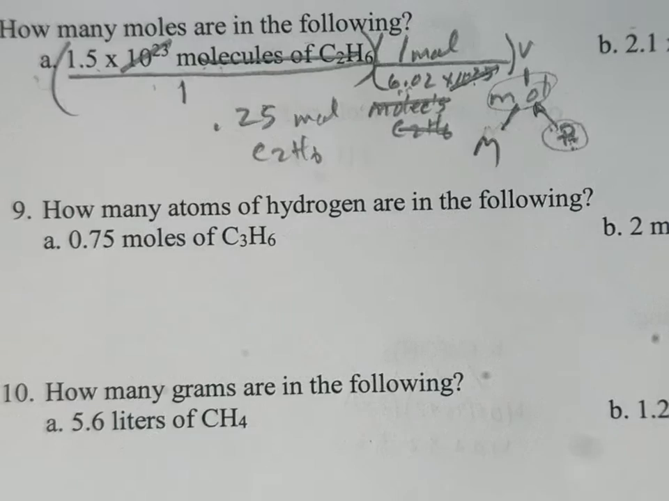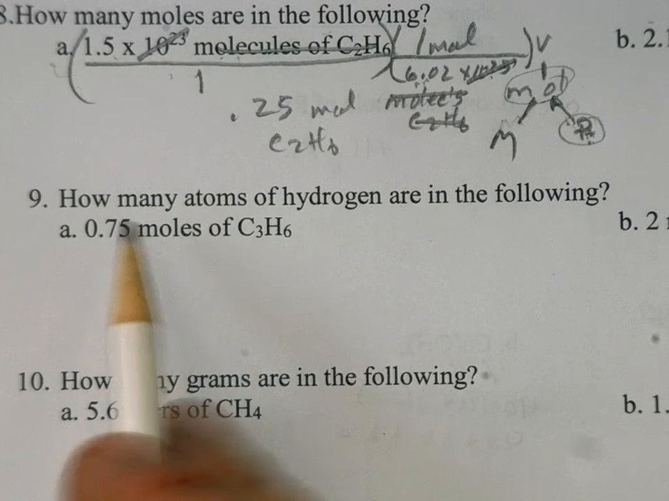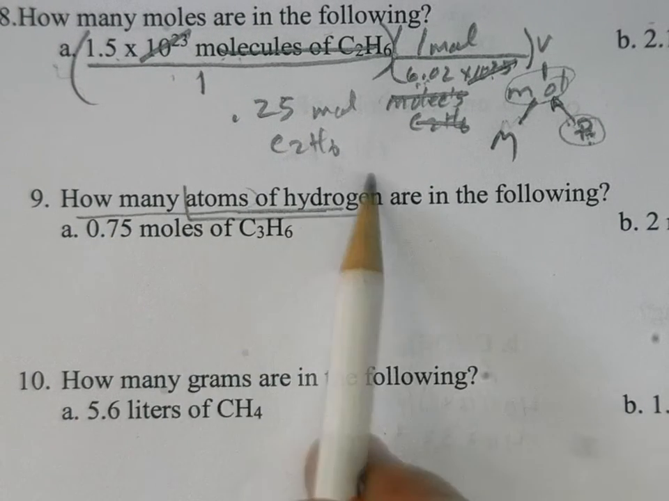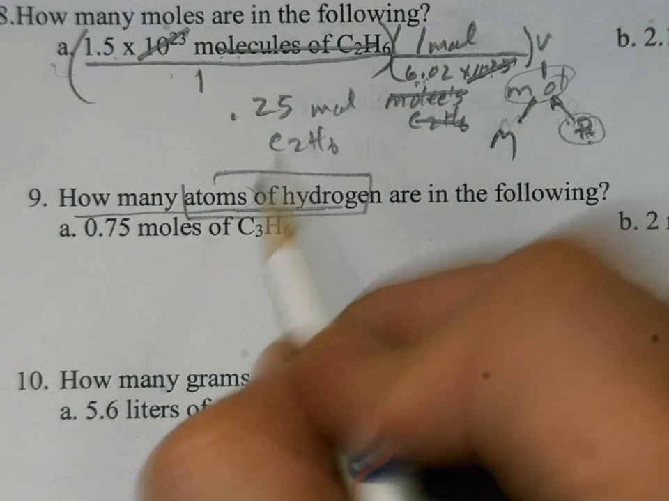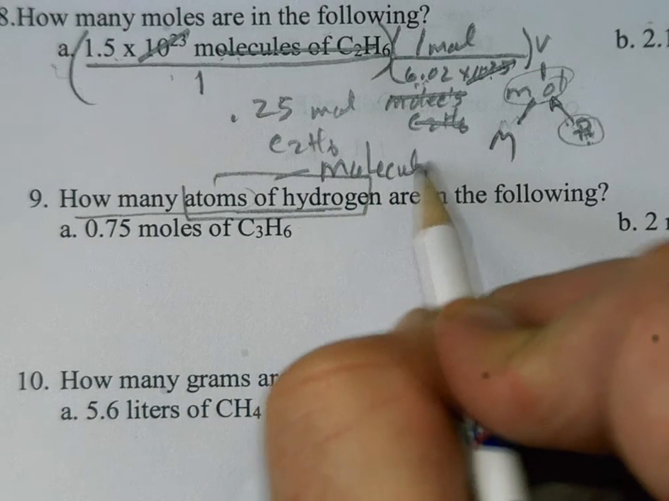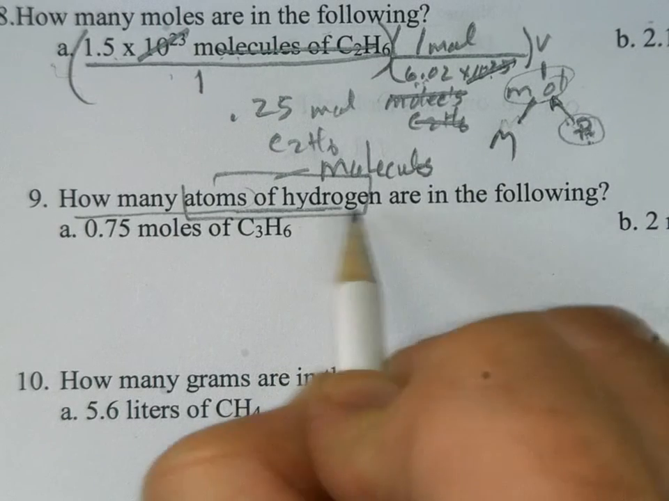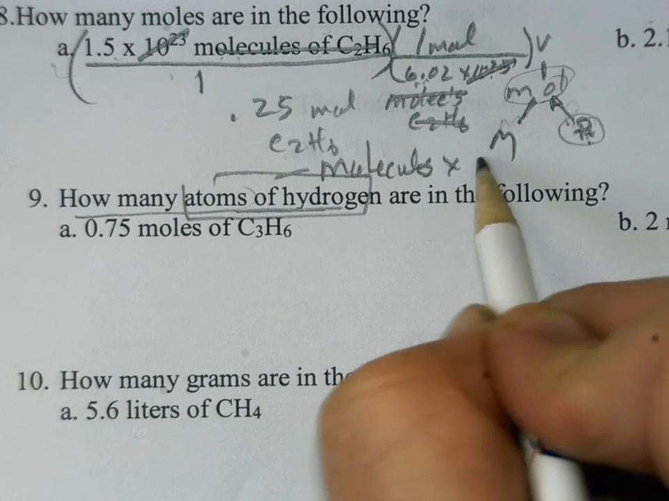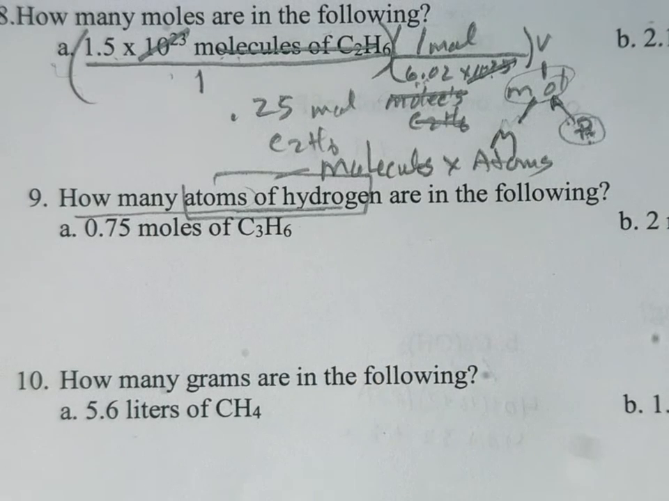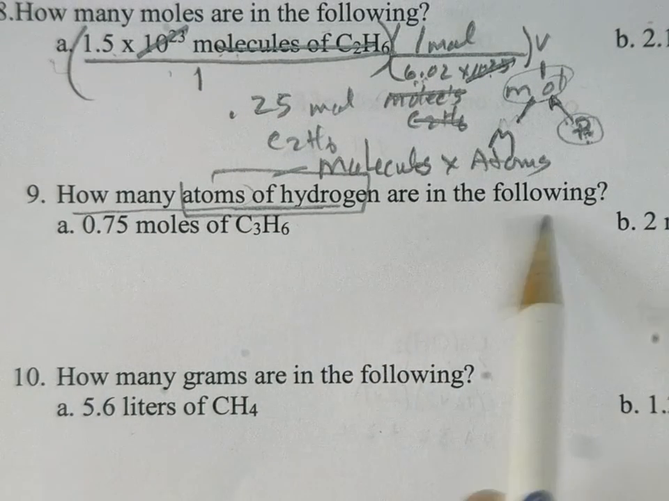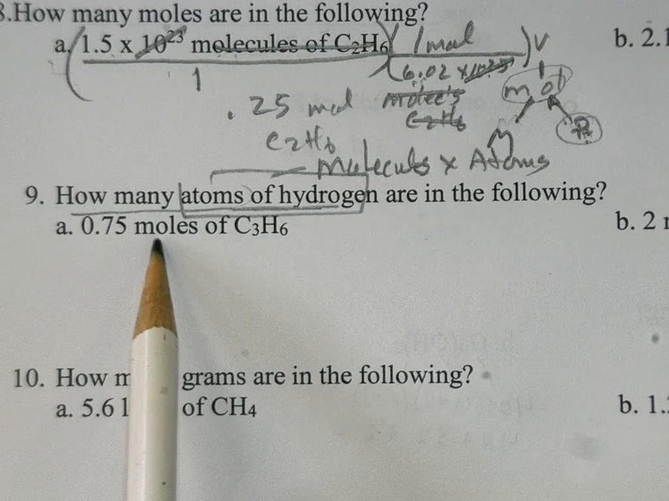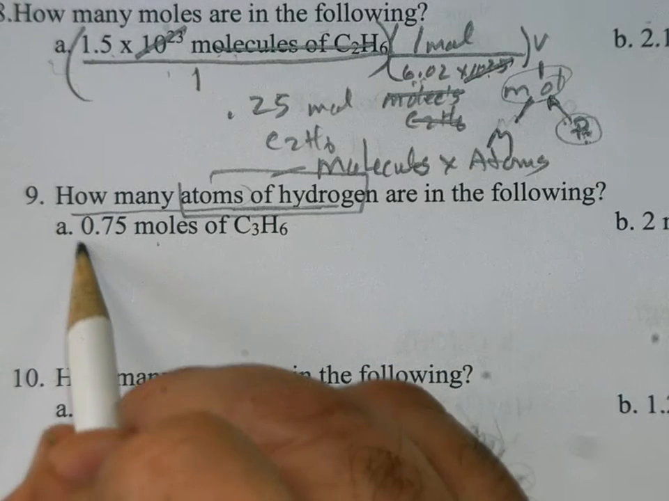Number 9. Now, since we're looking for atoms of hydrogen, we're going to first find molecules. Find molecules first. Then you're going to multiply by atoms. And I'll talk about that more. But since we're looking for atoms of hydrogen in the following, we are given this many moles of this. So the first thing we need to do